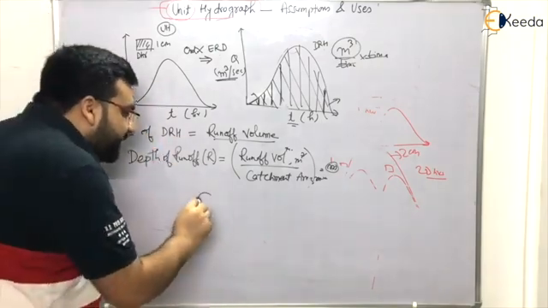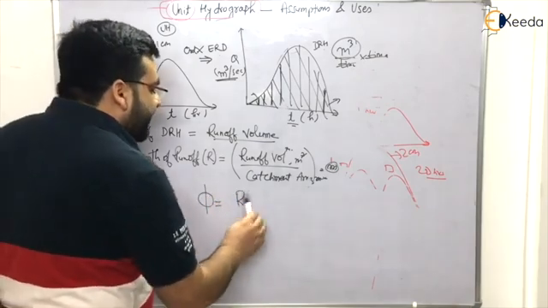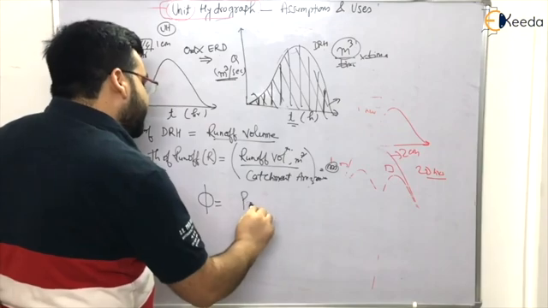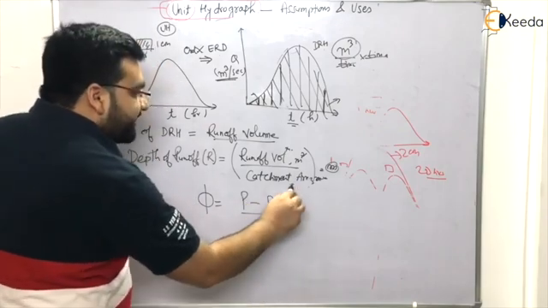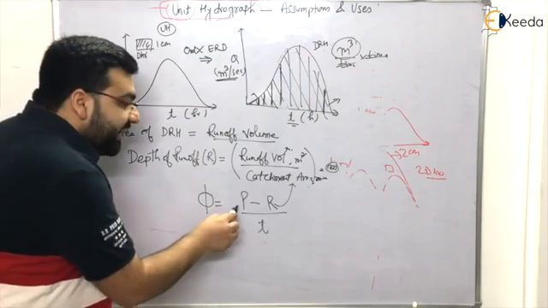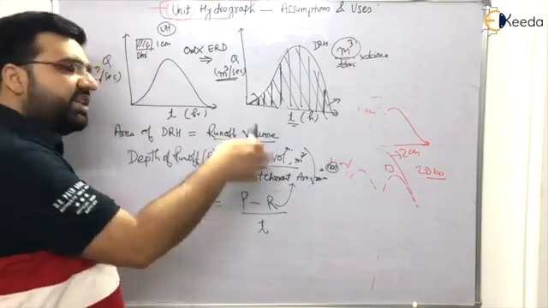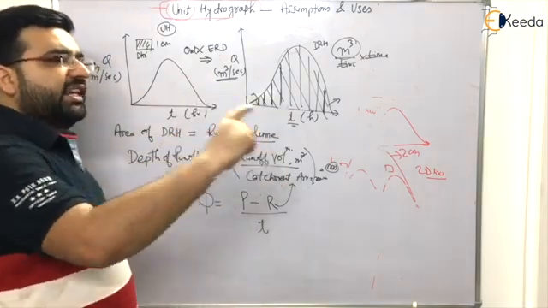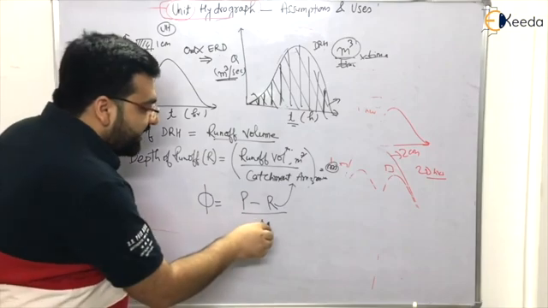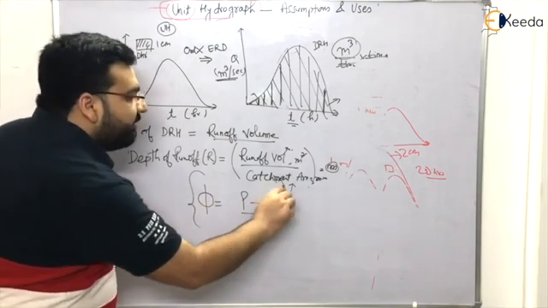Now we have also got the runoff volume, so you can easily determine the phi index also. The phi index, we know, is P minus R divided by T. R is the runoff depth, and P is the total precipitation actually happening. So how to get the precipitation? It will generally be given in your examination, that the total precipitation is 4 centimeter, 5 centimeter, whatever, and the time of storm will also be given to you. So from there you can get the phi index also.